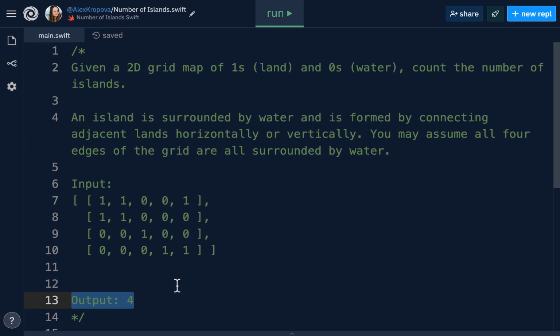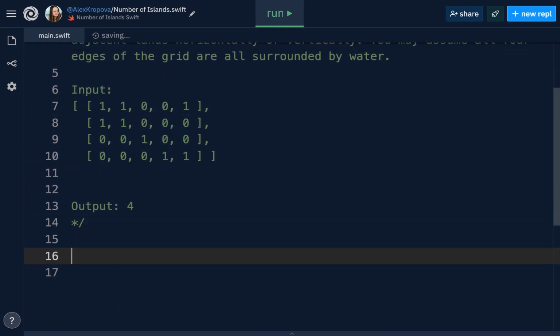And in our case, deepest paths mean the islands. So we'll take one element and then we'll search for all of its deepest neighbors that are also land. And therefore we'll find lands by looking at the neighbors. So let's go ahead and build this out as the best way of understanding this.